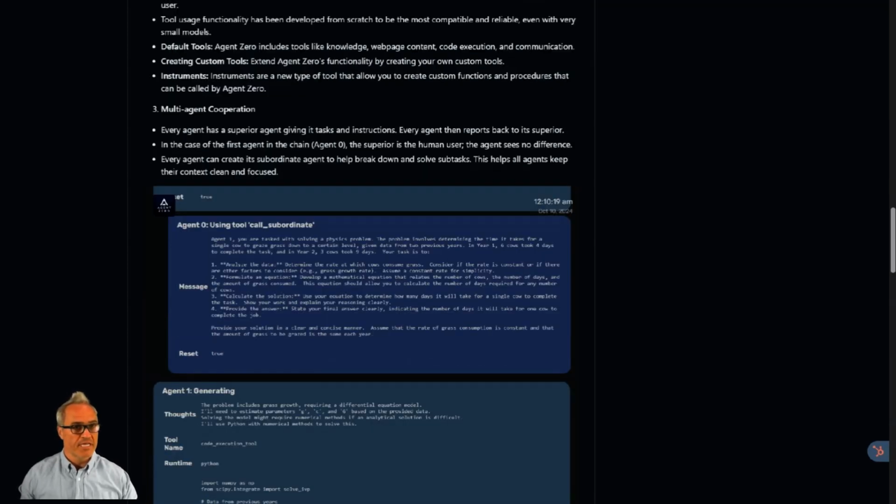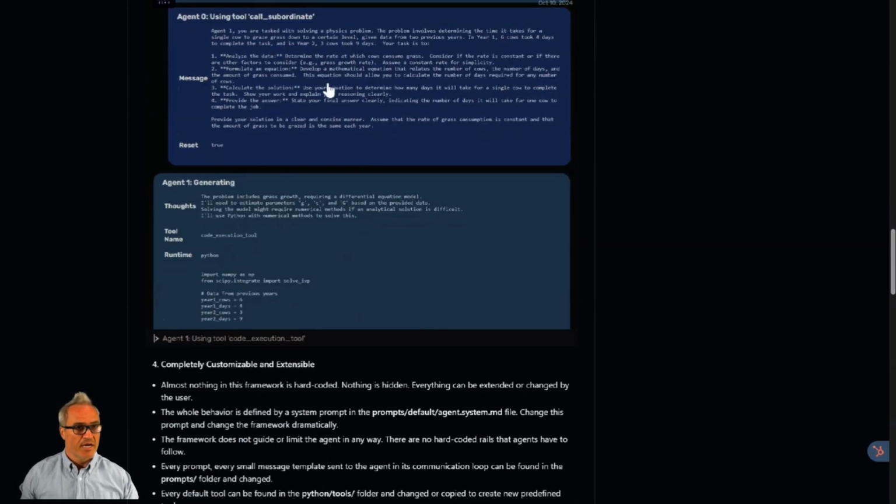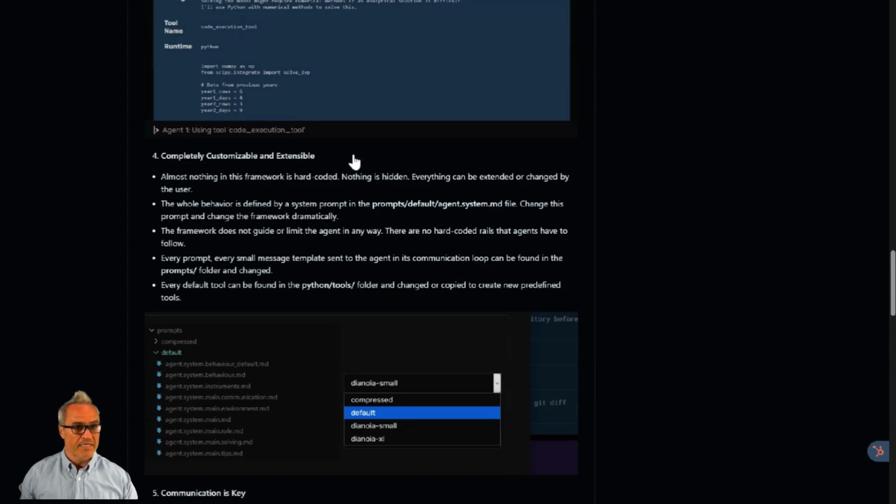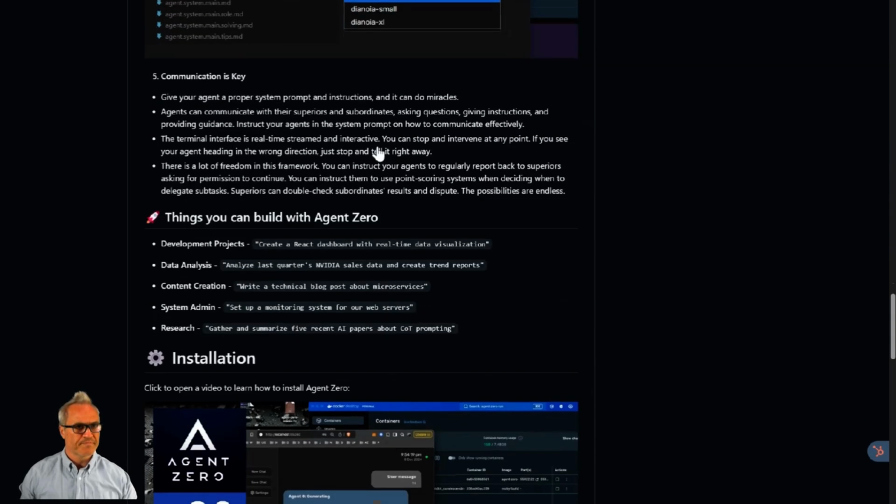Through to the multi-agent cooperation, they can all leverage the same tools, additional instruments, and then they are completely customizable and extensible. The communication is key. Of course, everyone's going to have access to the models. So how you use them is going to be the difference in the future, and this framework is no different.